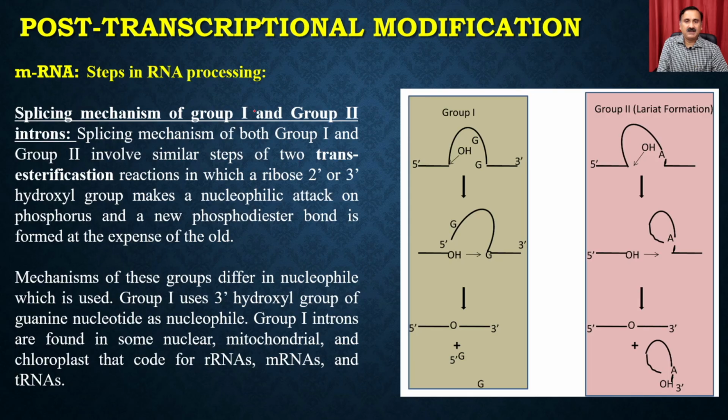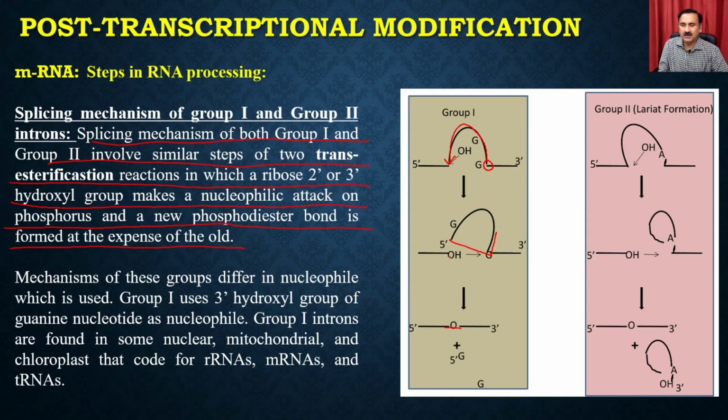The splicing mechanism of both group 1 and group 2 introns involves a similar two-step transesterification reaction, in which a ribose 2' or 3' hydroxyl group makes a nucleophilic attack on the phosphorus, and a new phosphodiester bond is formed at the expense of the old one. You can imagine that if this is a group 1 or group 2 intron, there will be a nucleophilic attack from the nucleotide present here onto this, and that's how this particular region is going to be spliced out,